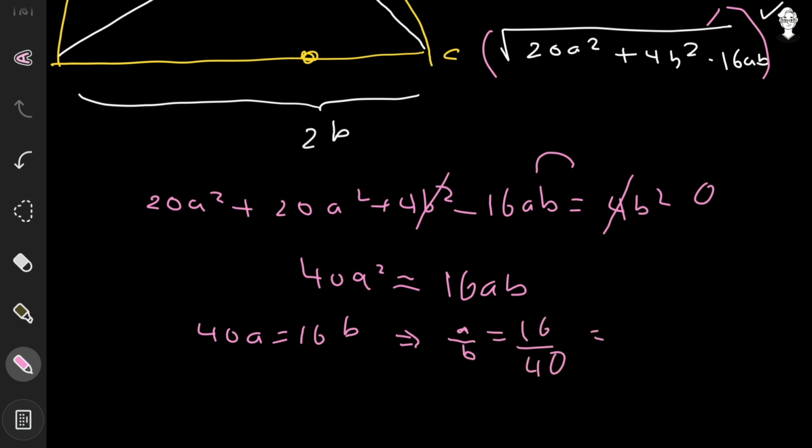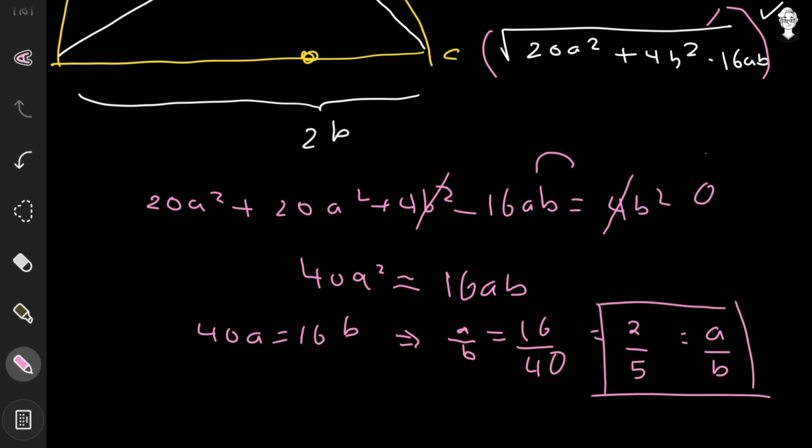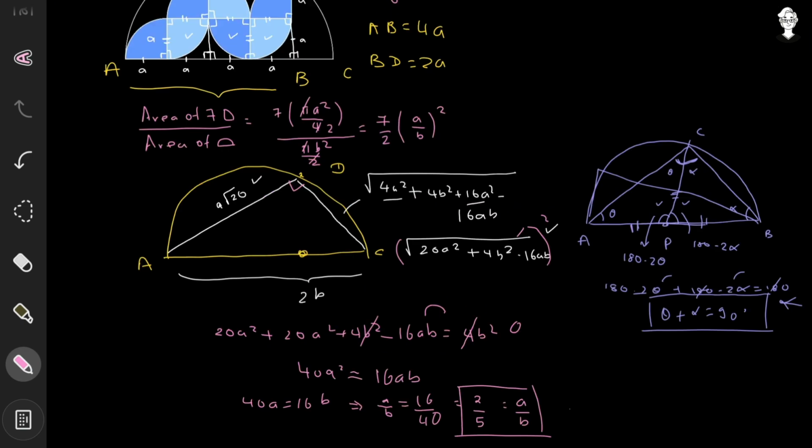From the table of 8, it goes 2 upon 5. So 2 upon 5 is the value of A upon B. So here we've got the ratio of A upon B. So now let us put this value of A upon B in that equation that will give us the required ratio. So here we've got the value of A upon B, and this has to be put over there